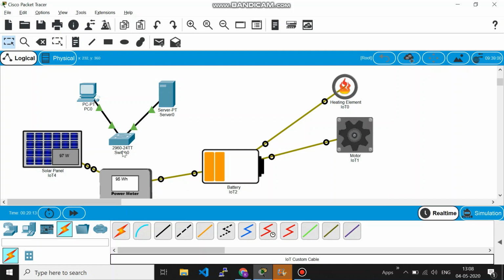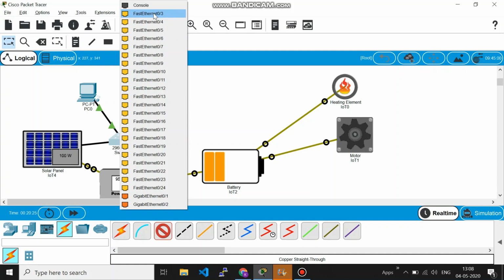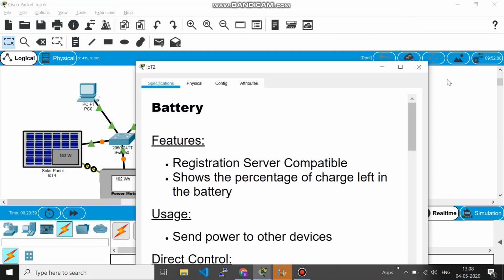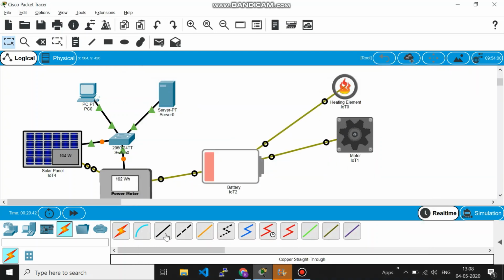And now let's do the remaining connection with respect to the switch. So how do you do switches? Again, you want to have Ethernet connection. So I'm using this, connecting this Giga Ethernet to one of the Ethernet ports. Similarly, I'll repeat for power meter, fast Ethernet to this. So you can select any port here, and then from the battery, the battery connection is again this, fast Ethernet, and then to this you connect Ethernet 5. So this completes the connection.